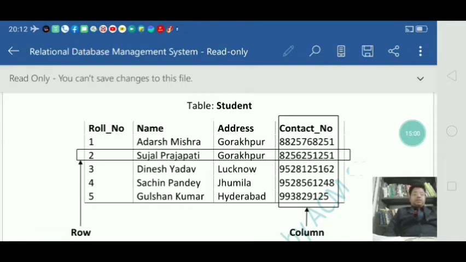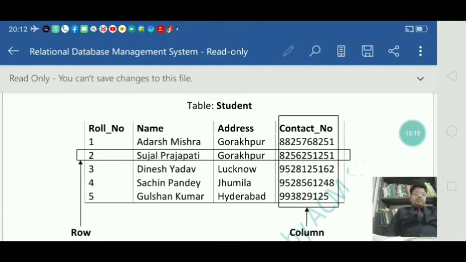So your roll number column can uniquely identify all the entities present here.